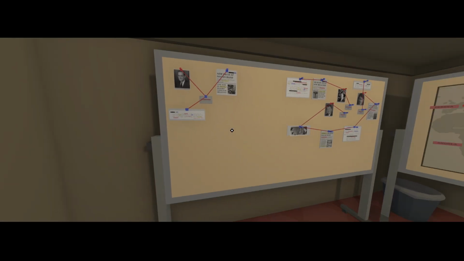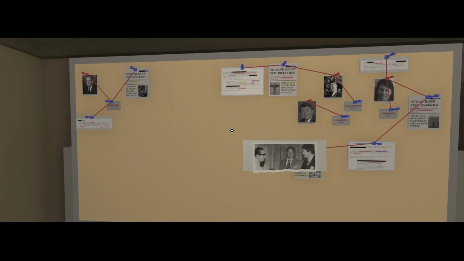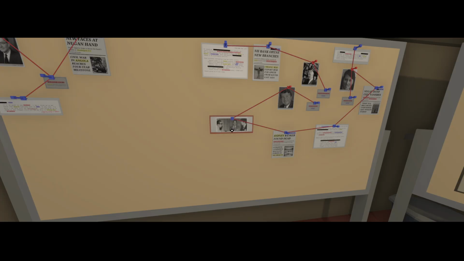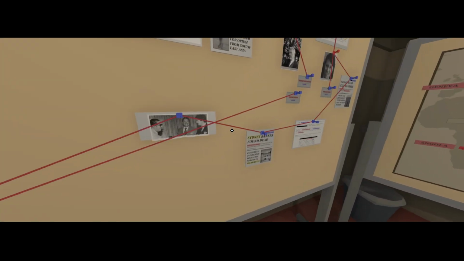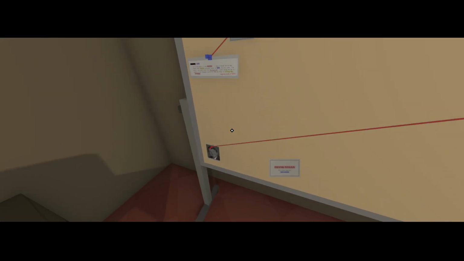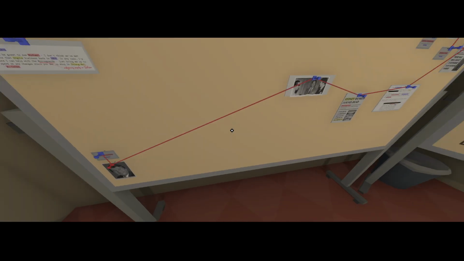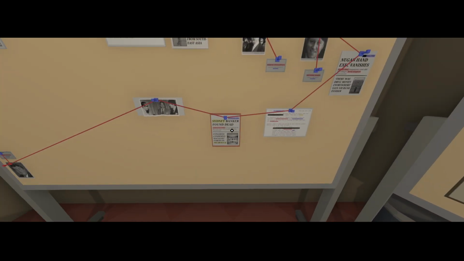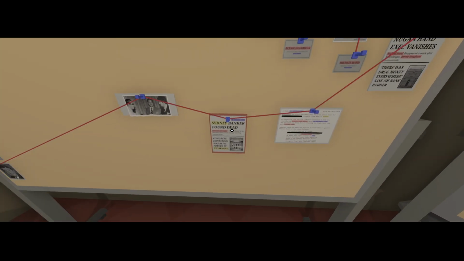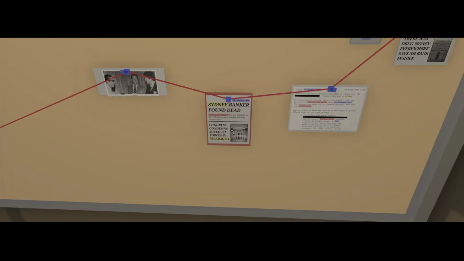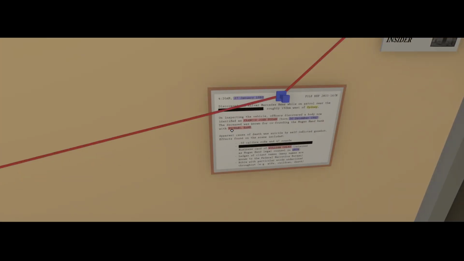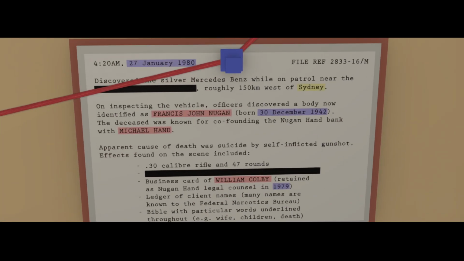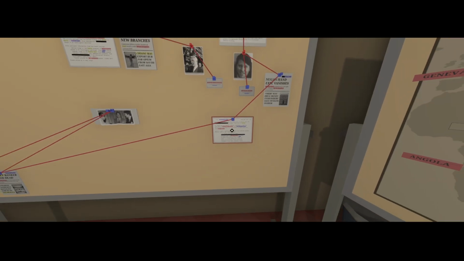Okay, so our base article's on him. You should be right in the center. And we'll move Nugan over here. This is on Nugan, so we want this right here. Who's this on? This is on Nugan and Hand and Colby.